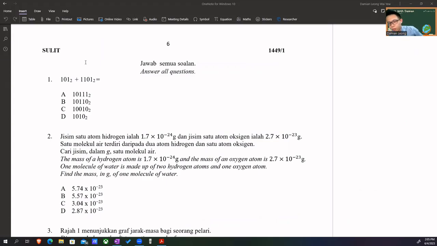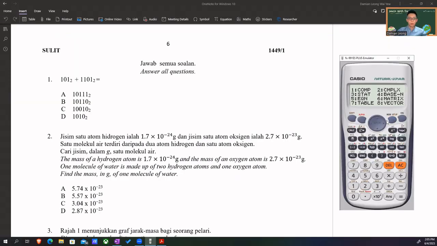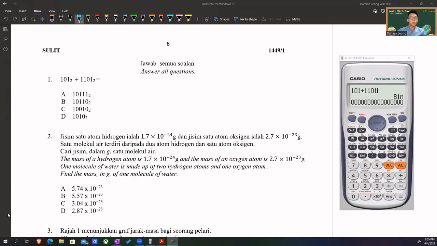So for information, in base 2, it is possible for us to use the calculator to calculate this. By putting it in base mode, and then putting in binary, then 101 plus 1101, we straight away will get the answer. Of course, alternatively, if it's in any other base, not base 2,